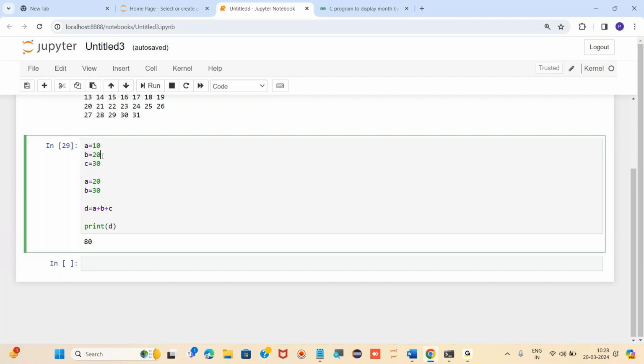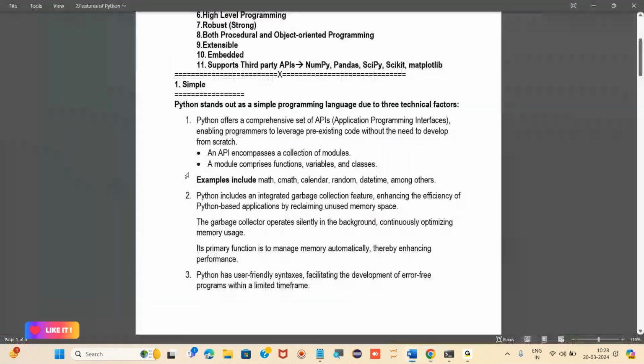That's why the garbage collector collects the unused memory for the betterment of the program, and it makes the program more efficient. It optimizes memory usage. Its primary function is to manage memory automatically, thereby enhancing performance.